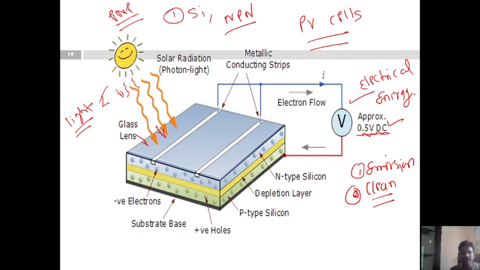Then a photovoltaic cell turns photons into electrons by what is called the photovoltaic effect. Photo means light, and voltaic means electricity. So in the photovoltaic effect, rays of photons in the sunlight strike the surface of the silicon material. This light energy strikes the silicon semiconductor material, liberating the free electrons from the material's atoms. Whatever silicon material we use, free electrons are liberated from it.